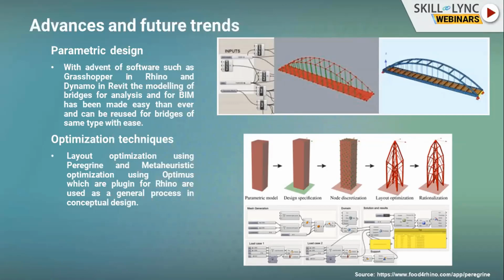In that case, we have multiple spans, but these spans might be of the same type, which is a box girder. So they can use these kinds of models where they can shape the size of the width. They can give inputs such as width, the height of the box, the outer thickness of the slab, and those kinds of things. And there is another software add-on for Grasshopper called Paragrain. Paragrain is generally software where, if you define the purpose of the building, or give a particular frame type, it tends to optimize the structure for you for a particular type of loading. So in the bottom one, you can see it might look vertical.